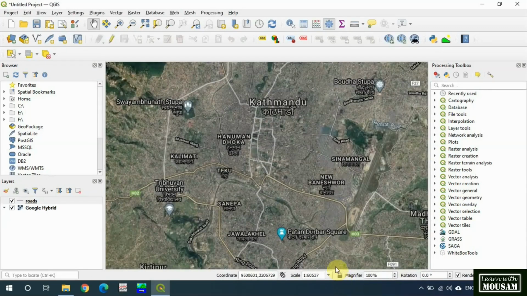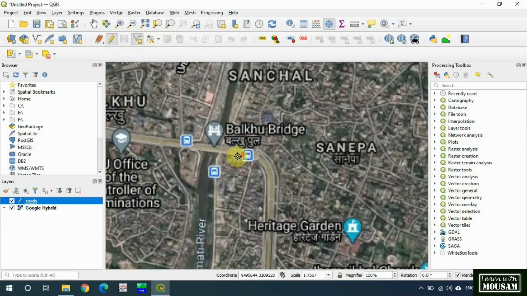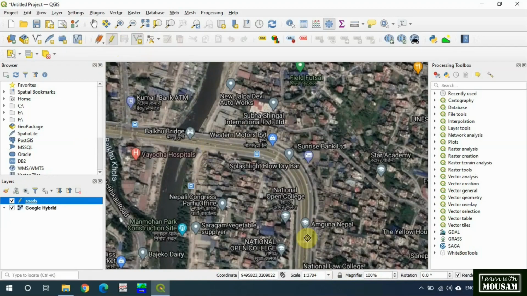Now select the shapefile in the layer panel and click on the toggle editing icon on the digitizing panel and click on add line feature on the same toolbar. Let's start digitizing the ring road of Kathmandu. I will start from Sanepa bridge. Do not zoom so high in the Google satellite image. You don't get good quality data even if you zoom higher.